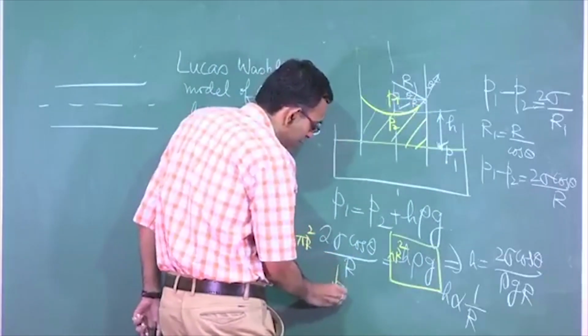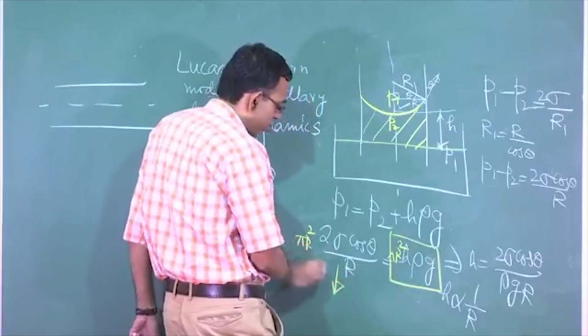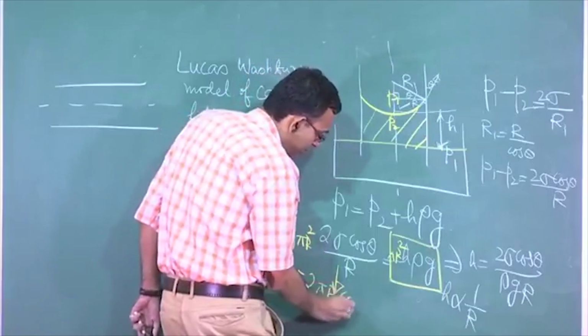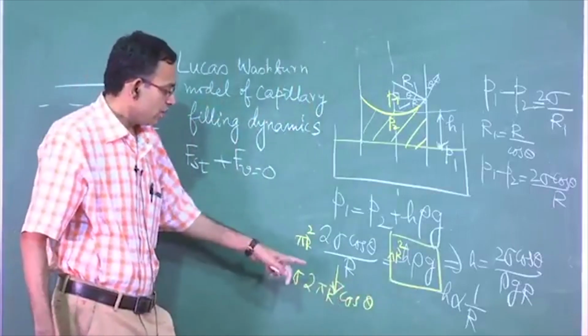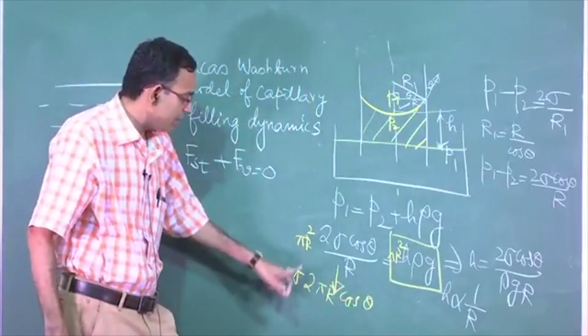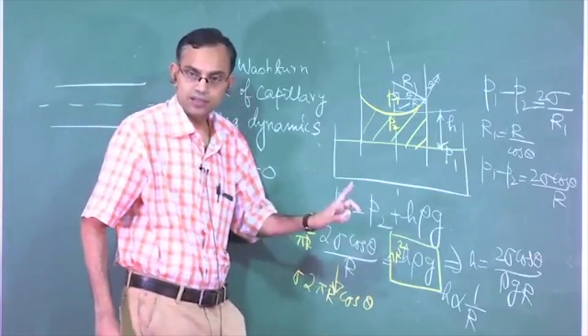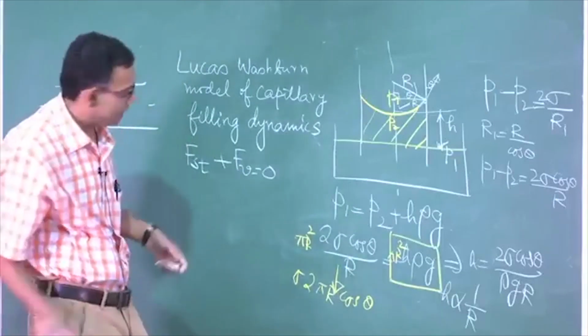So, what is the surface tension force? That is the left hand side. So, that is 2 sigma into 2 pi r cos theta. So, for any geometry it is sigma into perimeter of the cross section, which is 2 pi r into cos theta. So, F surface tension we can write